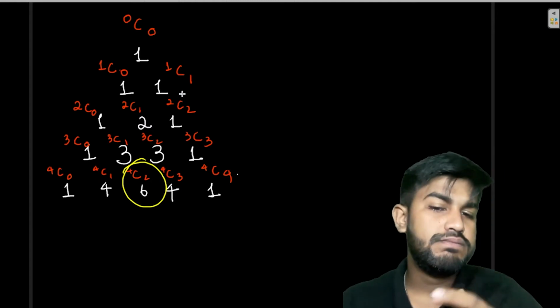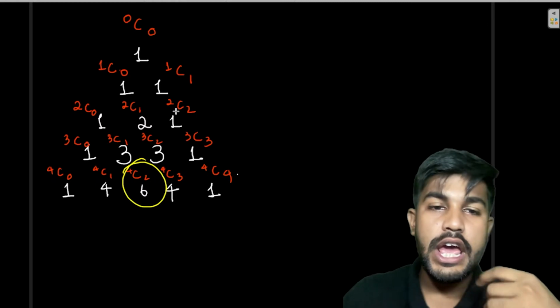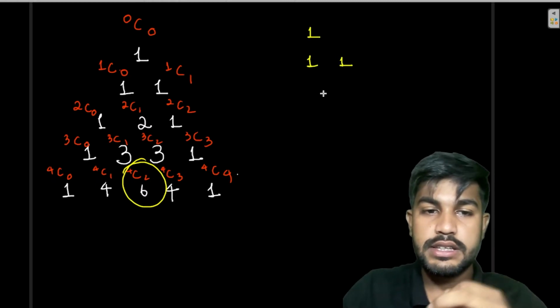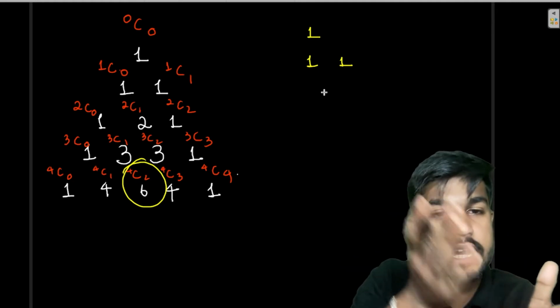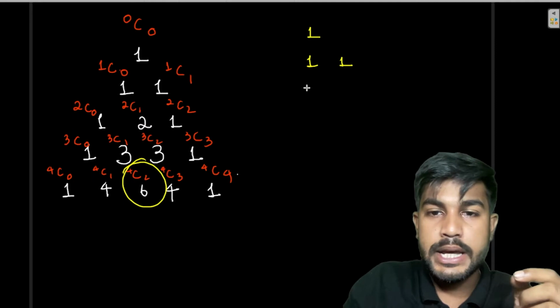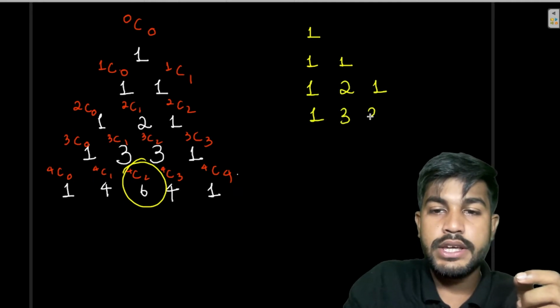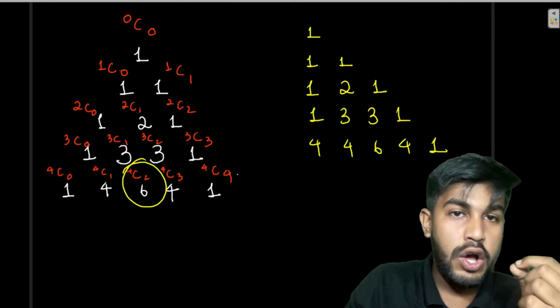Now, to show you how I am writing this, 0C0, 1C0, 1C1, if you just write it in this manner, instead of this triangle, try to have this stacked up on the left-hand side. So if you stack it up, this would be 1, 2, 1. This would be 1, 3, 3, 1. This would be 1, 4, 6, 4, and 1. Now if you draw the matrix,